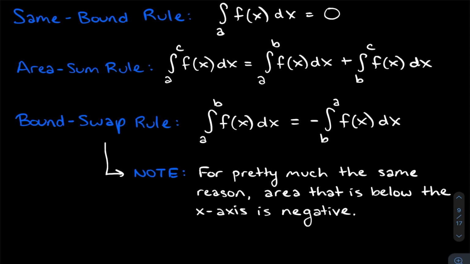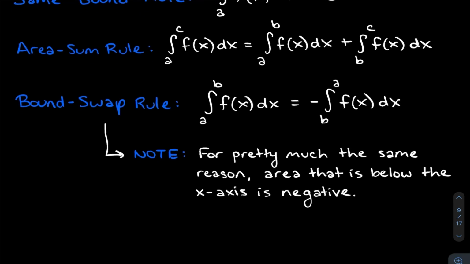understand why this happens. The integral from a to b is equal to the negative integral from b to a. Like if you switch your bounds, so your lower bound becomes your upper bound and your upper bound becomes your lower bound. I did wonder why that was for the longest time, but the reason is, think about your